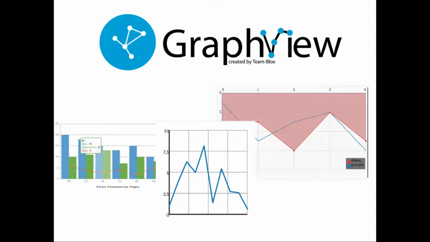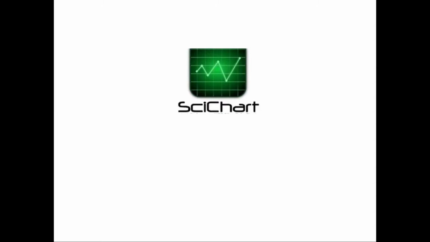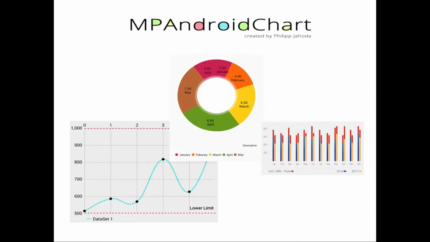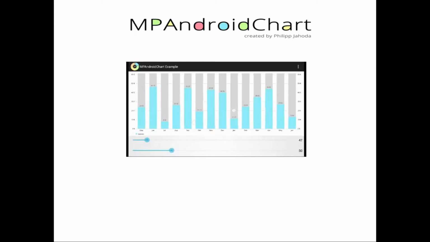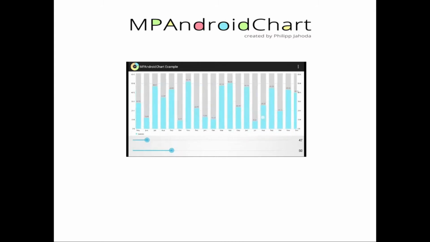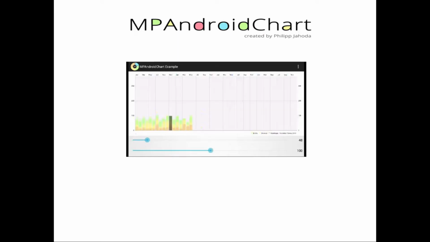One of them is GraphView, which is primordial and has lesser features. Then there are some advanced libraries like SciChart, which needs extra hardware requirements and good command over it. The MP Android chart library, which we used in our Android application for the plotting of the graphs, is comfortable to use and it has all the required features, that too with a hassle-free environment.